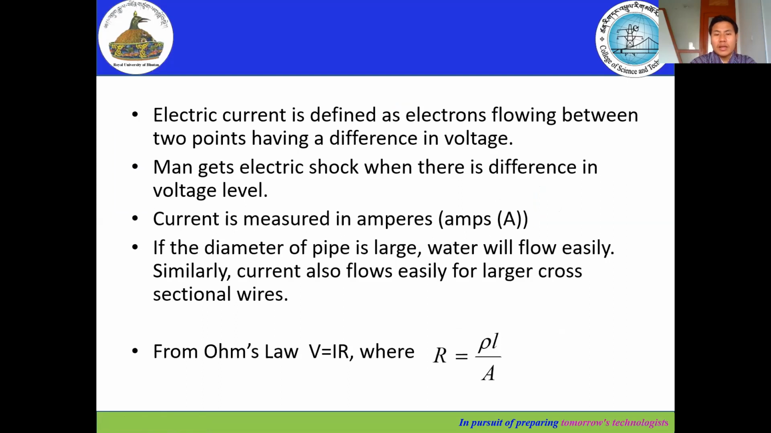Electric current is defined as the electrons flowing between two points having a potential difference, which means if there is no potential difference, there will be no flow of charge, and so no flow of current. Here it says how we get an electric shock. A man gets an electric shock only when there is a difference in the voltage level. For example, when the birds are resting on the live conductor,